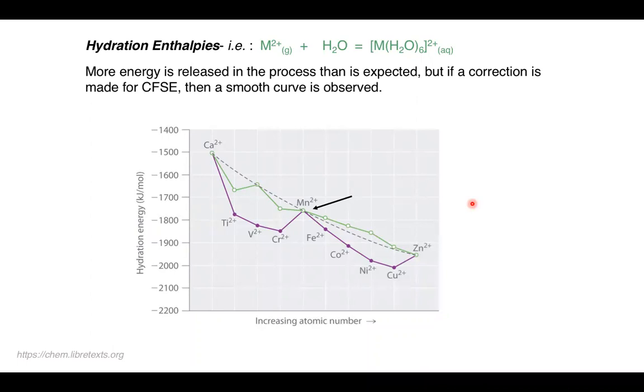We can see the hydration energy of various metal salts with their change in atomic number. So as we go across the periodic table, we see the hydration energies change. And this can be observed: there's more energy being released during the hydration than we might expect. But in the end, if we correct for the crystal field stabilization energy of each of the different metals, then we see a smooth curve